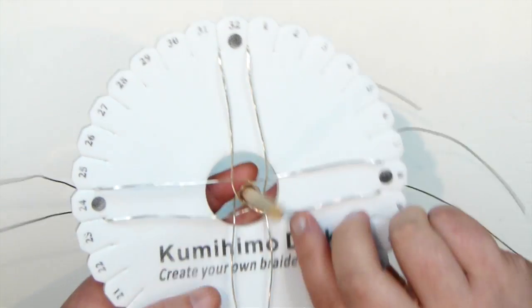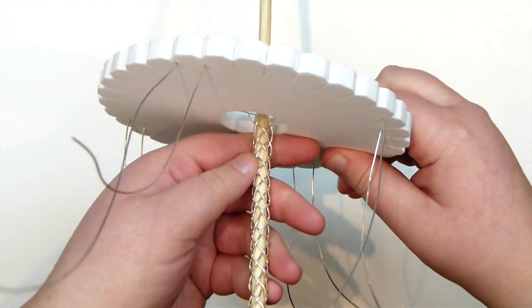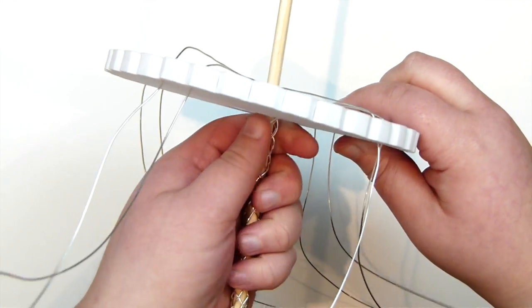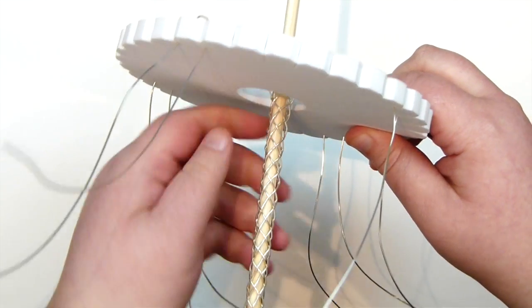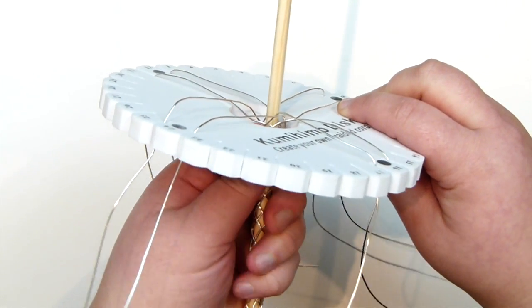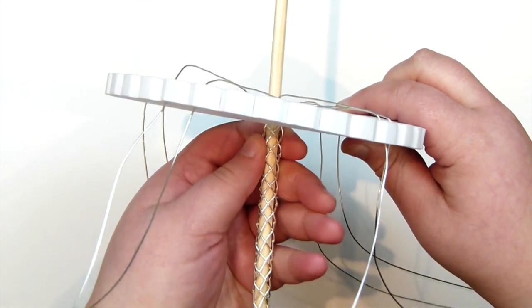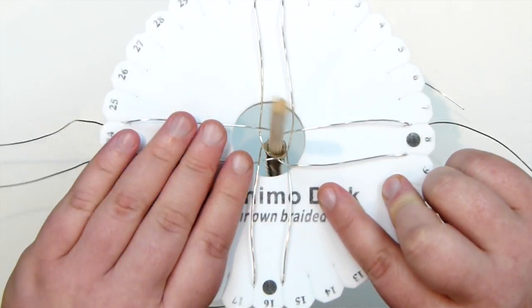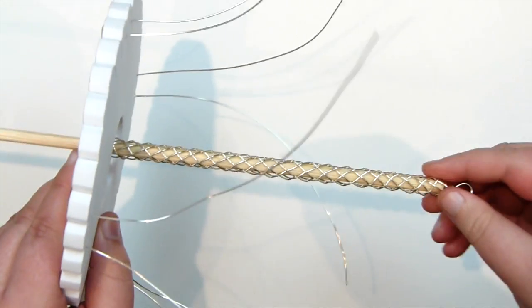throughout the whole piece. And also what I like to do on the back here as I go, I then grab the mandrel as well with my hand and help squeeze it in, especially right up here, to again form it around that mandrel so it's going to get an even and consistent shape throughout the whole piece. So this is how we're creating the braid, and it's going to come out looking a bit like this